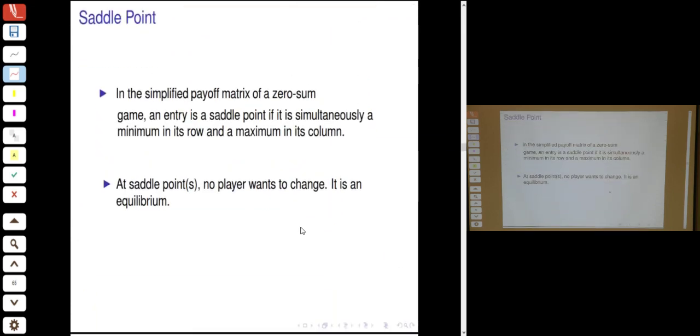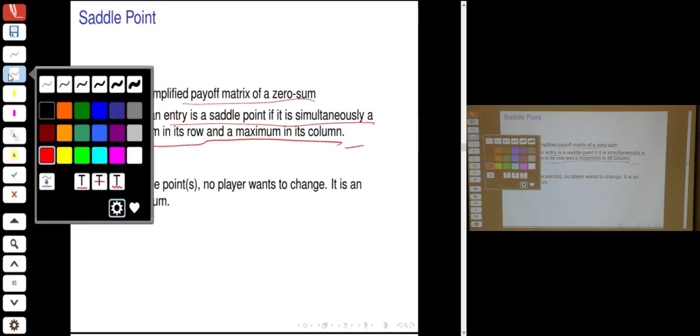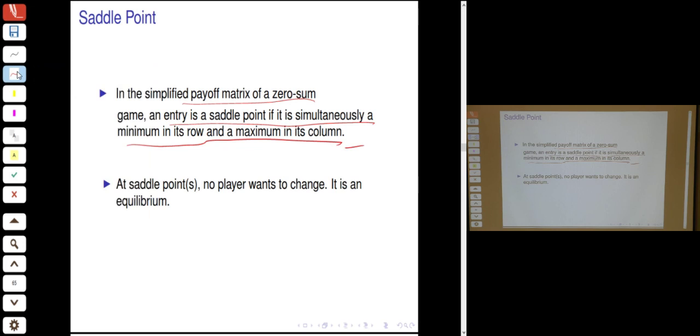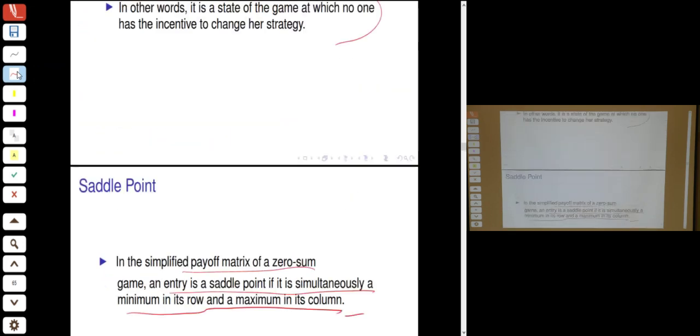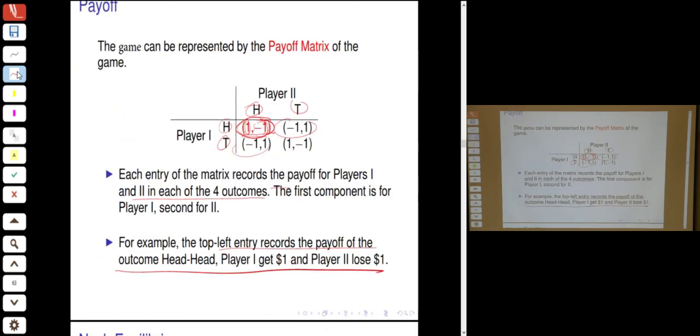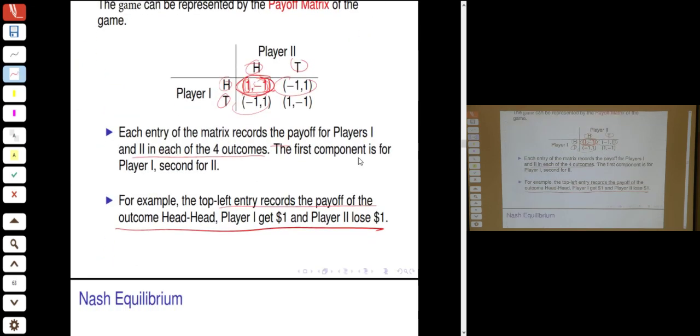Saddle point. In the simplified payoff matrix of a zero-sum game, an entry is called a saddle point if it is simultaneously a minimum in its row and a maximum in its column. So suppose you have a simplified payoff matrix of a game. For example, here you could get the simplified payoff matrix,